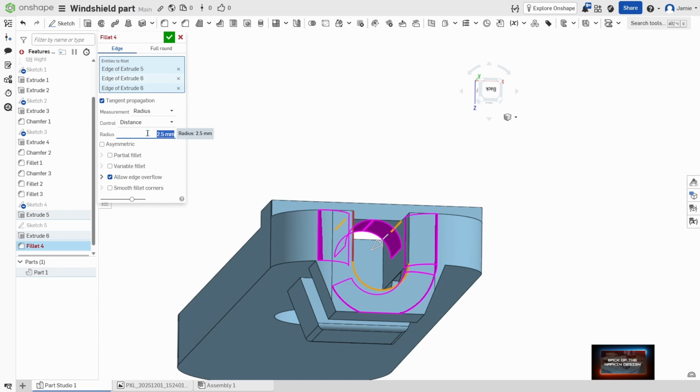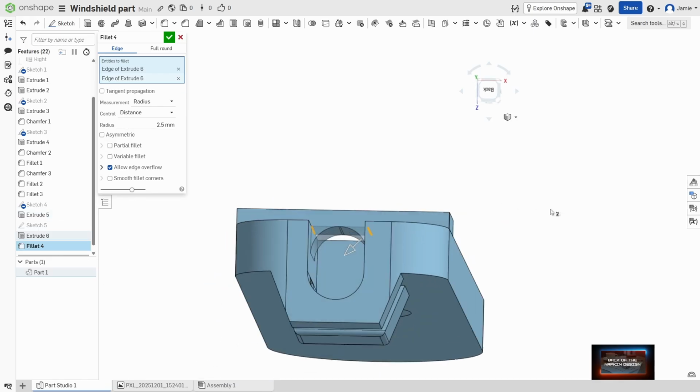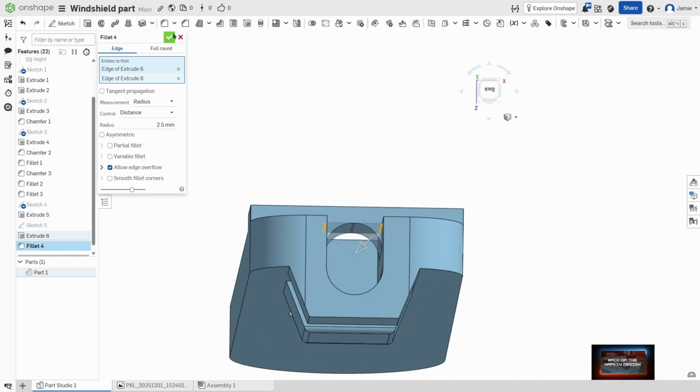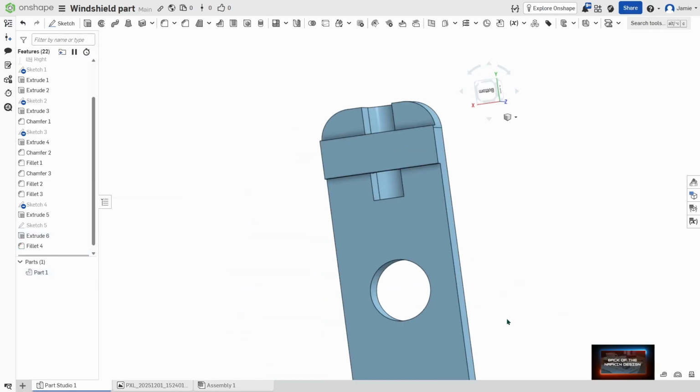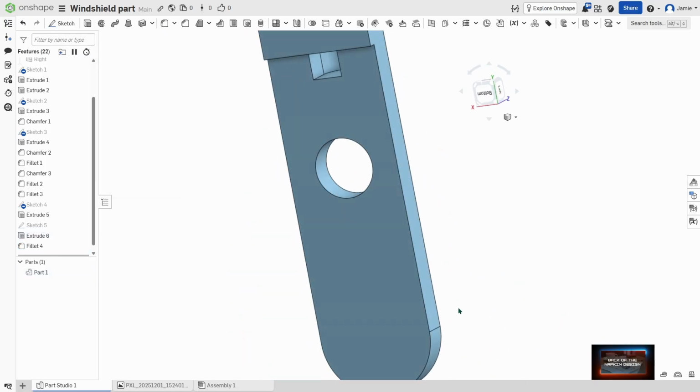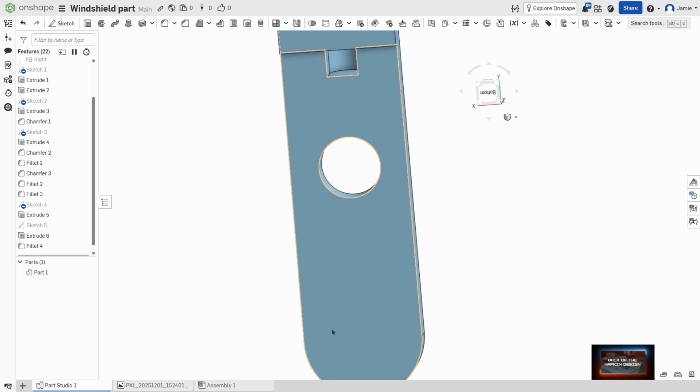It looks like it's having an issue. I'm going to uncheck tangent propagation. I don't want it to do everything like it's showing. Hold down shift, unselect that guy. That's exact. I only want to do 2 edges. Green check. Perfect. There is one small hole on the very bottom here, and that hole is kind of like